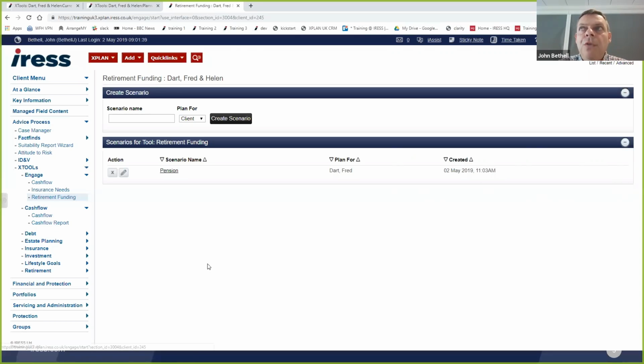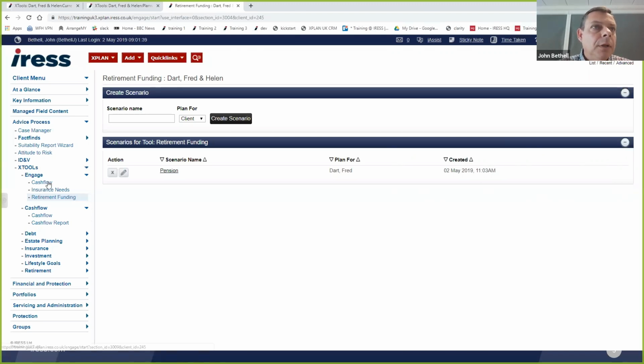In terms of this cash flow modeler, there are ways that we can set up a kind of shell Xplan. So if you don't want to use the full Xplan, there are people that will do that, just using cash flow alone. Though to some extent, my challenge to you would be, why are you doing that? One of the real benefits of this tool is the end-to-end process, all our information in one place.